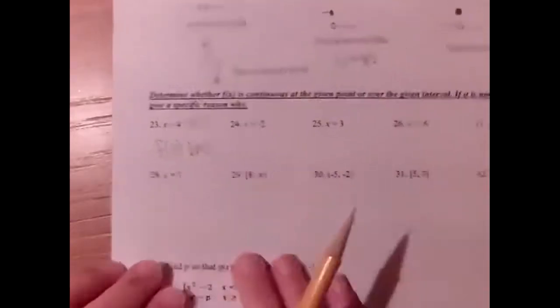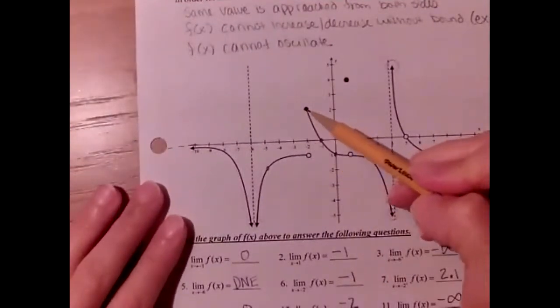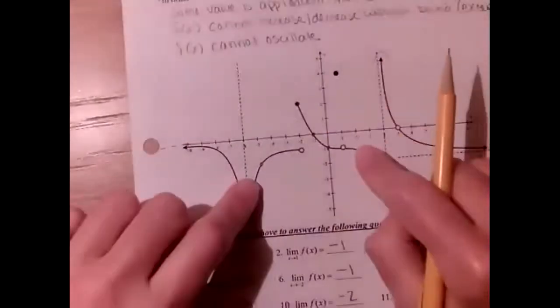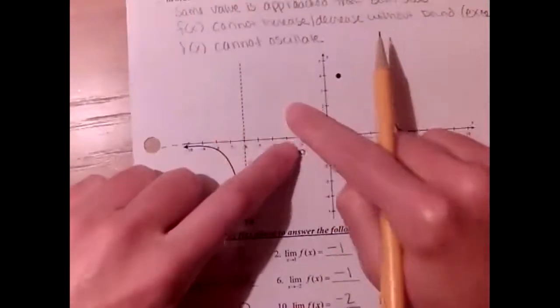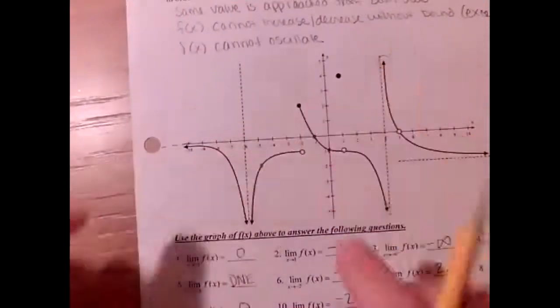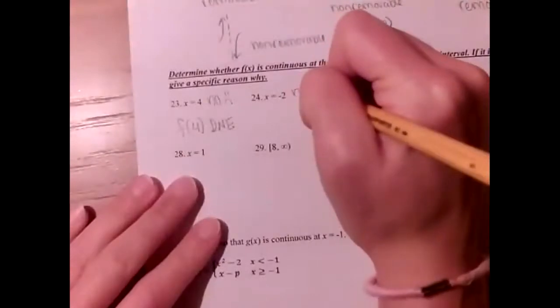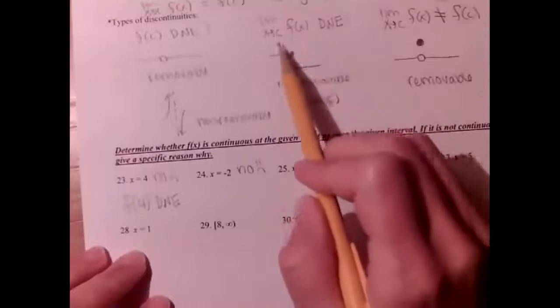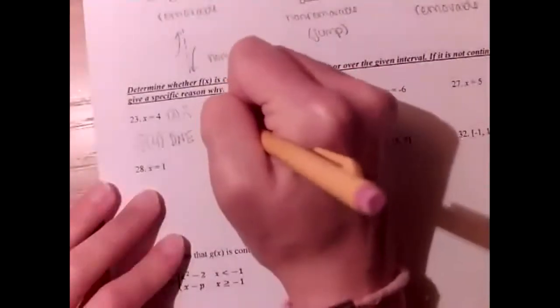So for -2, here is -2. We have a point for -2. So the first rule is okay. We've got a point. What we don't have is a limit. The 2 sides are not approaching the same thing. If we were to zoom in on -2, they're not both going to the same place. Kind of like up here, how both sides were going to -1. We don't have that. So this is going to be no. And it is this second rule here. The limit as x approaches -2 of the function